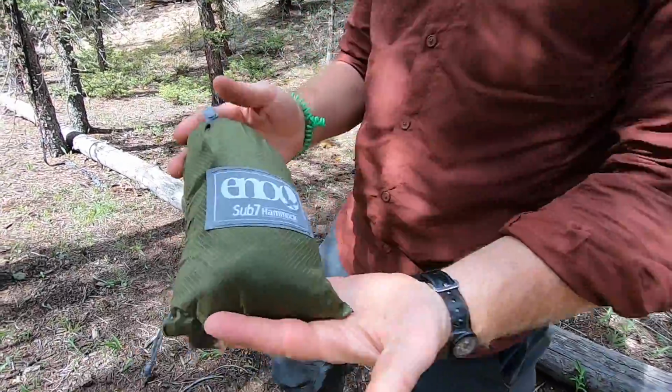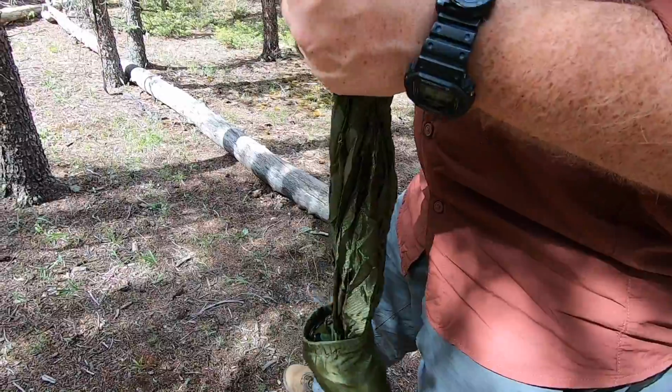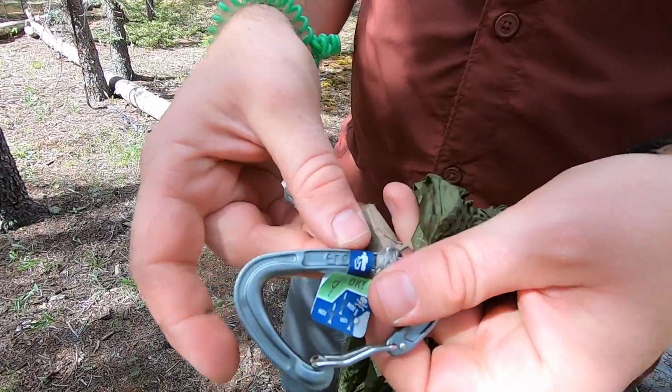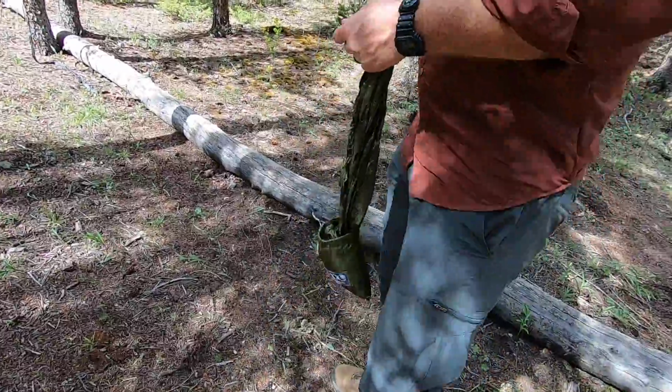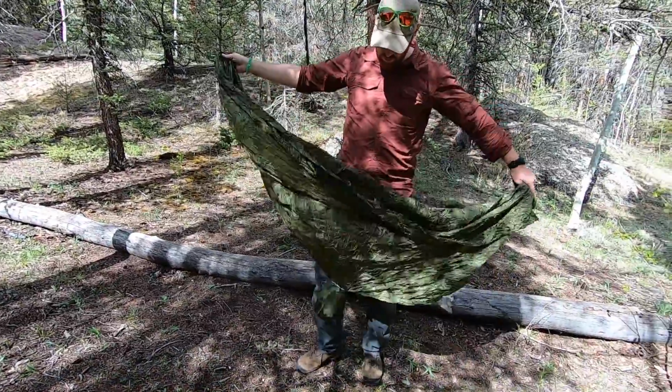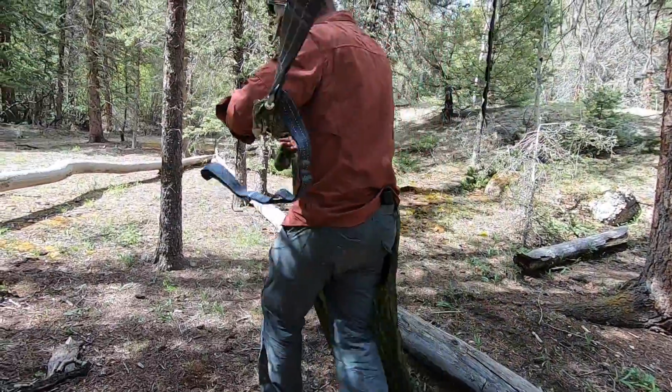Well, that's where this little bad boy comes in. Weighing in at 6.7 ounces, this thing weighs next to nothing. It's malleable and it's about the size of a softball. So it's very compact, and this thing includes the size for a one-man system, so yourself, and the carabiners to